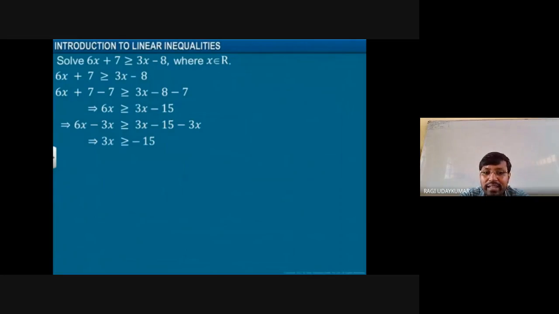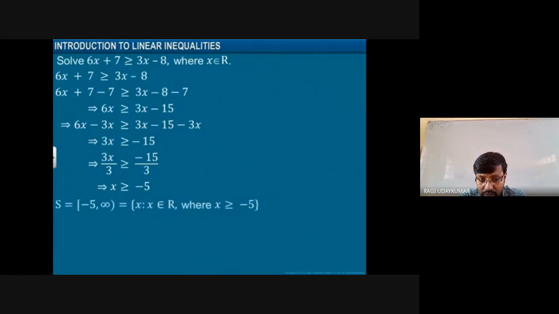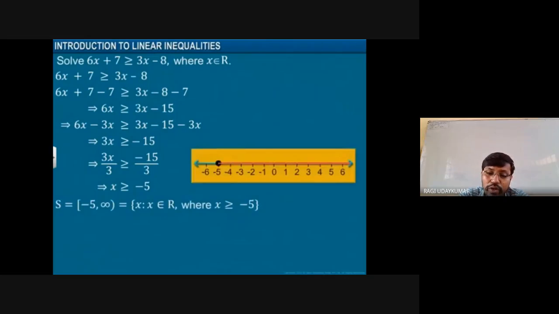Here what to do? 3 से डिवाइड करना है, माइनस नहीं. राइट हैंड साइड माइनस होने दो, so you have to divide by the 3 only. 3x by 3 greater than or equal, so x is greater than or equal to minus 5. Minus 5 से greater values all should be included, so minus 5 को include करना है. ग्राफिकल में नंबर लाइन में रिप्रेजेंट करने के लिए वो पॉइंट को हाईलाइट करना है, like this. Here it is shown to you na.